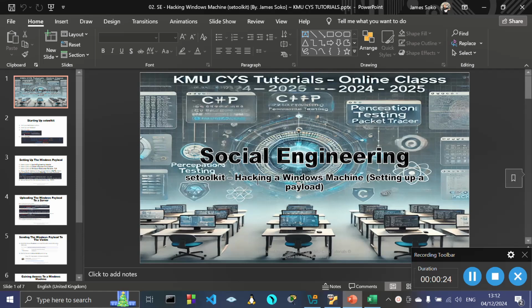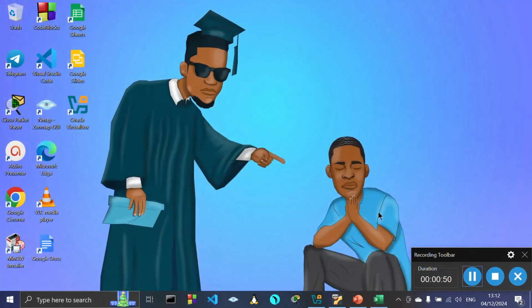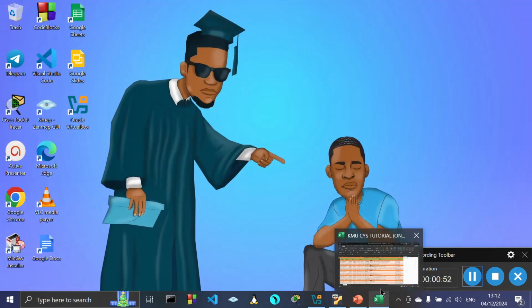First of all, we need to understand the term hacking. Hacking is just gaining unauthorized access to a resource of a system. Let me say I gain unauthorized access to your computer, it means I've hacked your computer. In this case, we're going to demonstrate how you can gain unauthorized access to a Windows machine from your Kali Linux machine. Before we do that, I would like to demonstrate